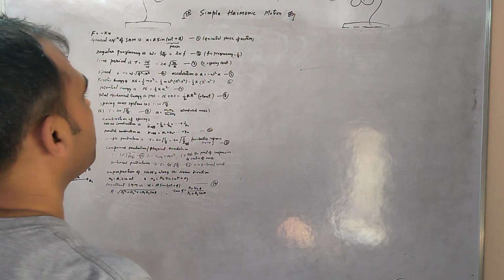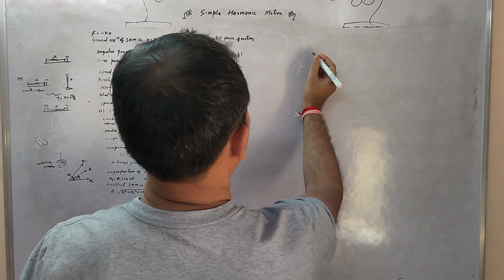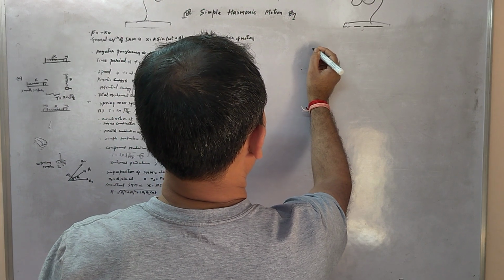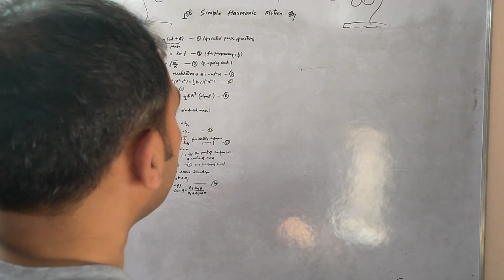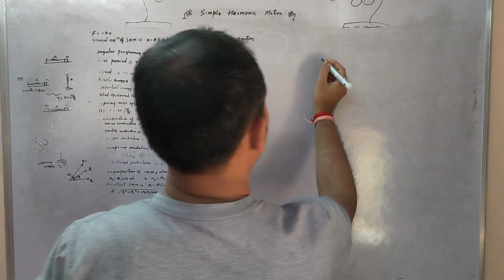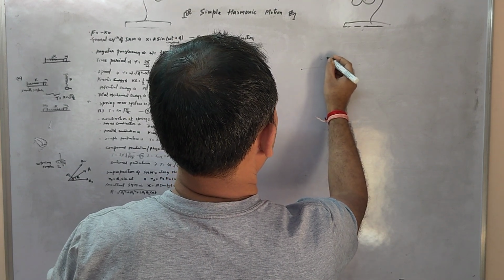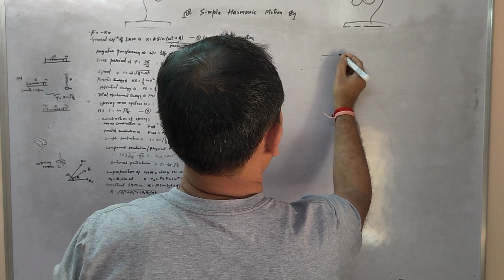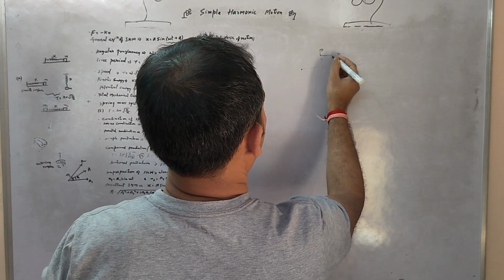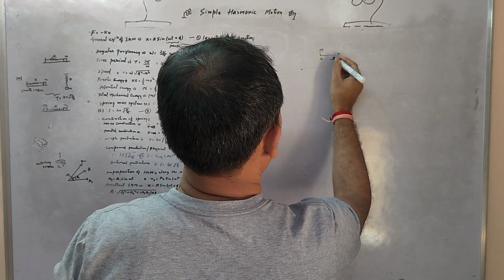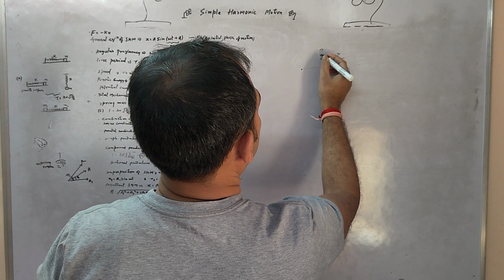So first comes, what is simple harmonic motion? As the name suggests, simple, so a very simple topic. So simple harmonic motion is basically motion of a particle which oscillates around a particular point, say P, under the influence of restoring force, say minus kx, where x is the distance of